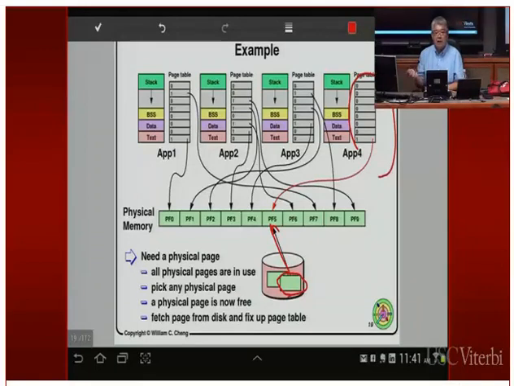Once you finish loading this page into the page frame, in the disk interrupt routine you unblock the kernel thread so that it continues to execute, then set this bit to 1, and then you can return back to the user process. When you're back in the user process, it restarts the operation, and this time it gets a hit and continues to execute. Again, it executes a few instructions, getting hits on this page, before it needs another page again.